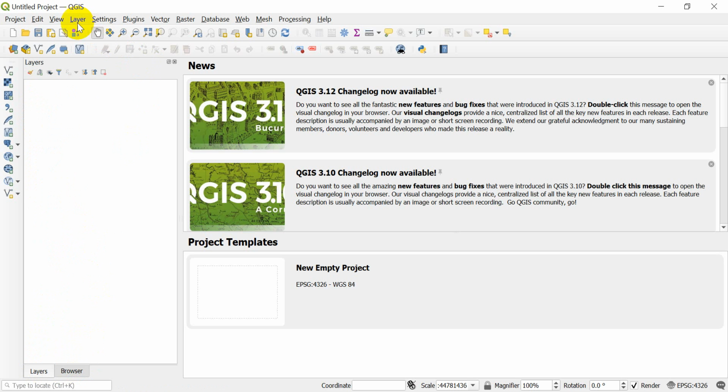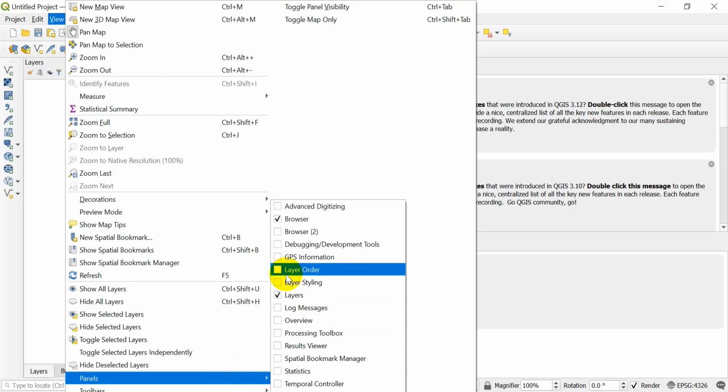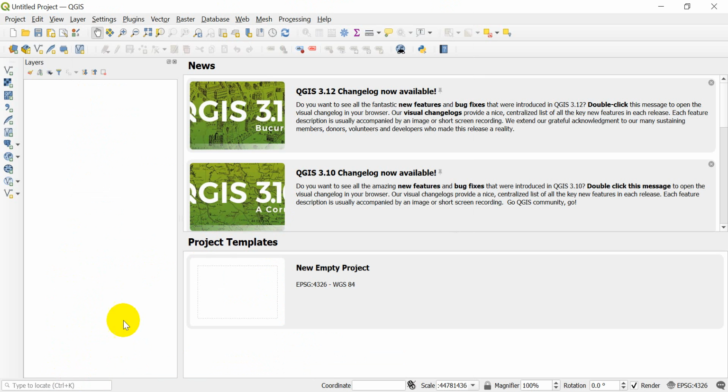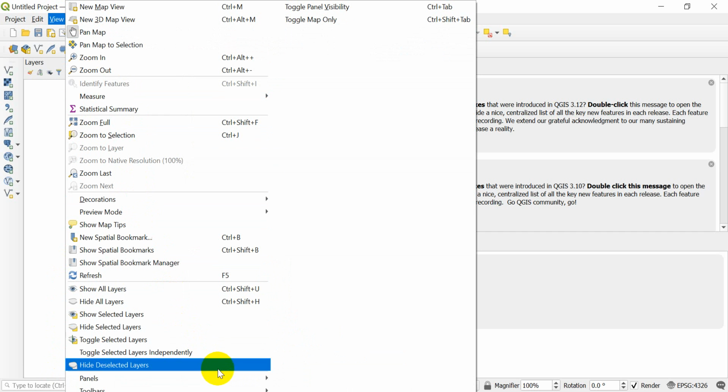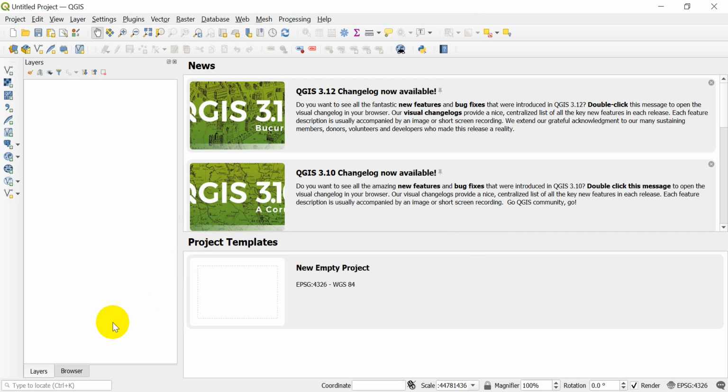The way you can do this is if you go to View, and if you scroll down to Panels, you'll notice that I have Browser and Layers selected. If you don't have these selected, you can turn them on or off. I'll just show you if I turn off Browser here. My browser has now disappeared from the sidebar. I can go back over to View, go over to Panels, and turn the browser back on,